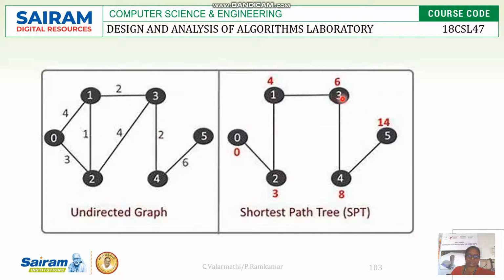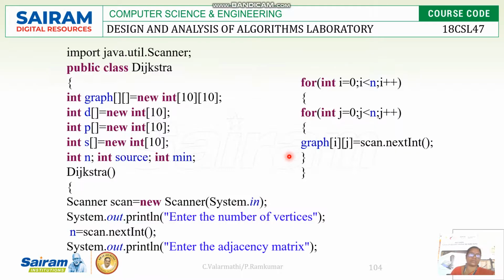So now I choose 3 to 4, the edge which costs 2. Now it is visited. Now we can move on to the 4th node. From the 4th node I should visit the 5th node. There is only one connection from the 4th node to the 5th node, so by default this node has to be selected. So finally it went to the 5th node. According to this example, 14 is the weight for traveling from 0 to 5. So this is the solution we find using Dijkstra's algorithm.